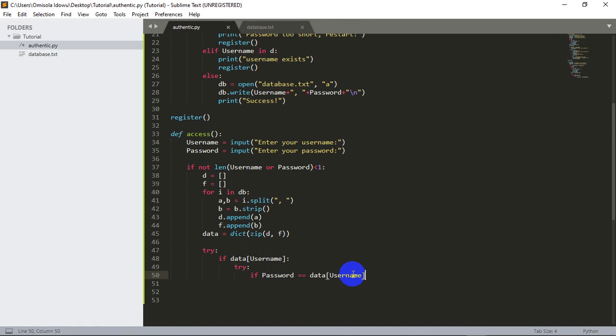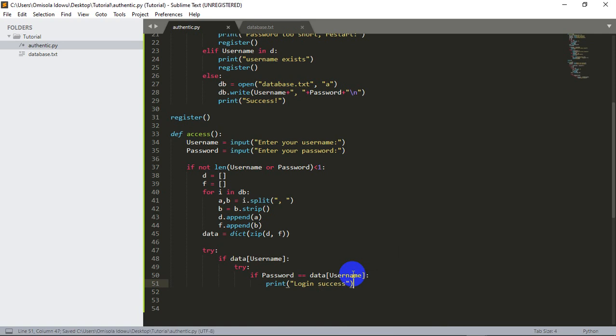So if they match, then just continue and print